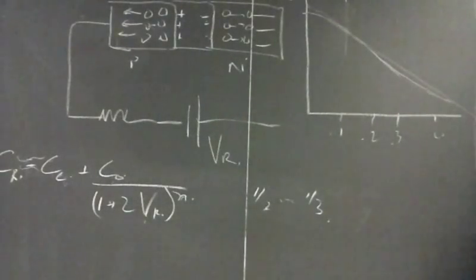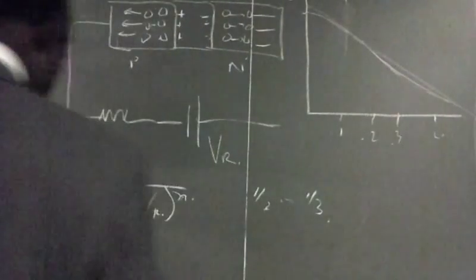So this is the approximate curve for the reverse bias transition capacitance. Although it is non-linear, it can be approximated by a straight line. Somewhere you can get the optimal straight line too. It is usually taken to be linear. Now this reverse bias transition capacitance can have values of about 5 picofarads